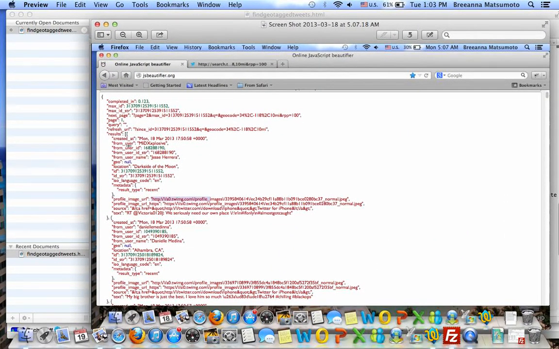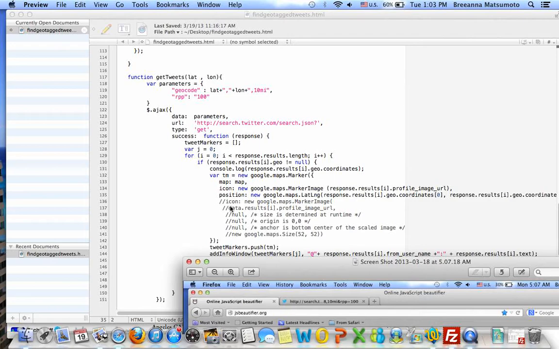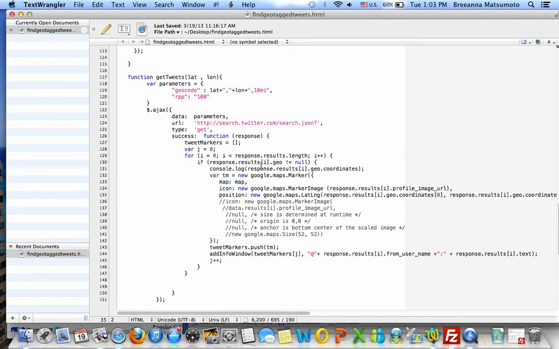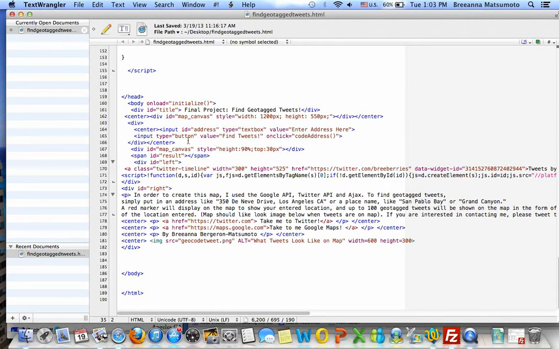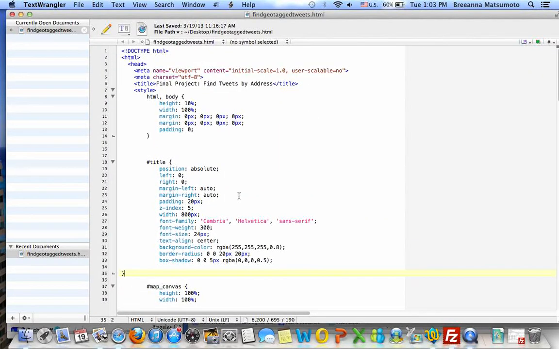And then I also used the coordinates, which doesn't show up on these two because you have null, but you can see in my code right here, anything that said null like that was disregarded right here. So that's kind of cool. And then these are the input boxes that I used to actually put in where you'd want to see the tweets displayed. And then over here you just have the references for the different links and things like that, and then my image source and just information that I put in. And so that's my code, and